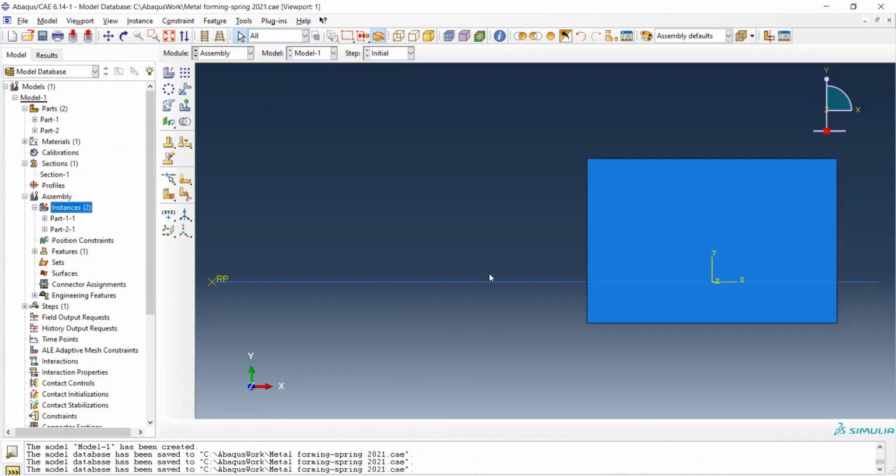Now we can do that. Because we want to compress, this platen compresses the steel blank from the top surface. So we need to translate this steel platen from its original position to the top position of this tool. This is a steel blank, I'm sorry. Now we can do it this way, okay? So instance here, translate